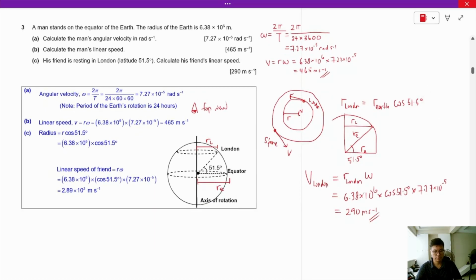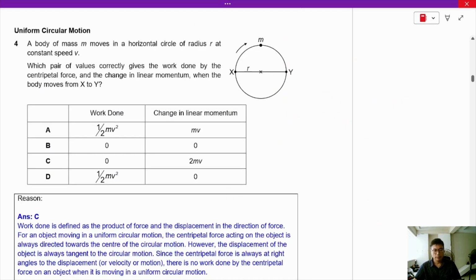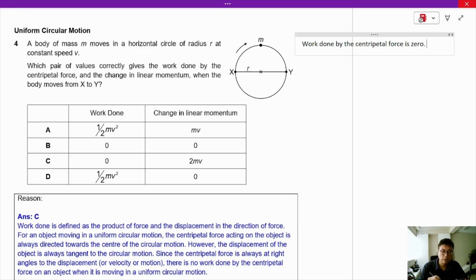And this is question 3. Now, let's take a look at question 4. In question 4, the key concept of the question is that the work done by the centripetal force is 0. Now, why is the work done by the centripetal force 0? There are two reasons. Number one, you can say that the net work done by a force